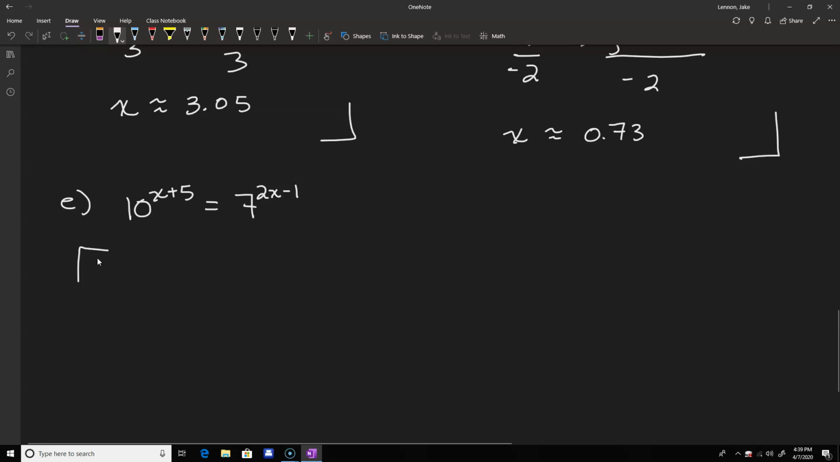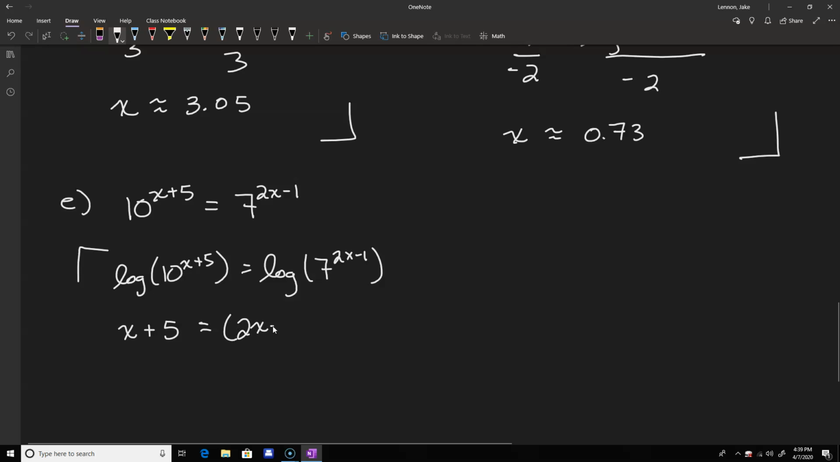Now, again, it's still going to make more sense to use the common log because we see a base of 10 somewhere. So we'll take the common log of both sides. So on the left, we get cancellation, which just leaves us with x plus 5. But on the right-hand side, we don't get cancellation because the base is 7 and not 10. So what we have to do is use property number 3, that one that we started at the very top. So we bring down 2x minus 1 in parentheses,